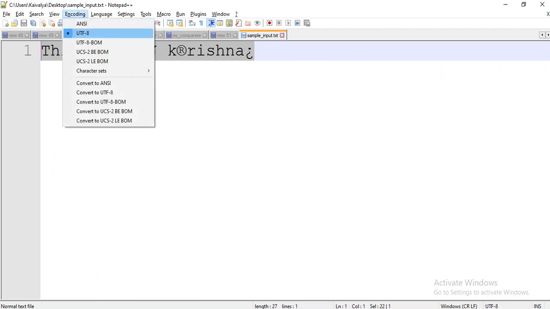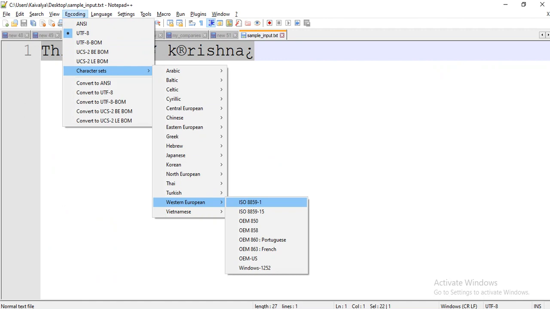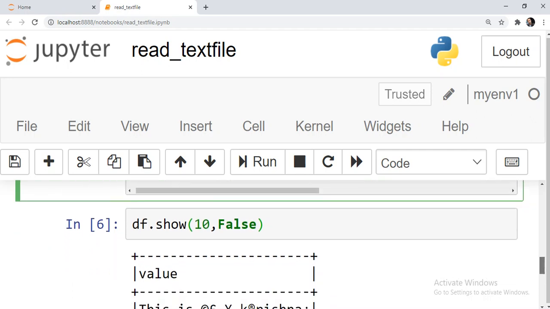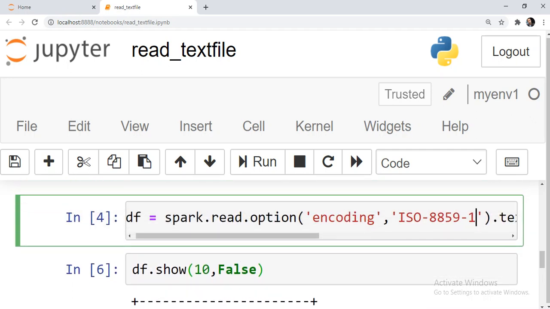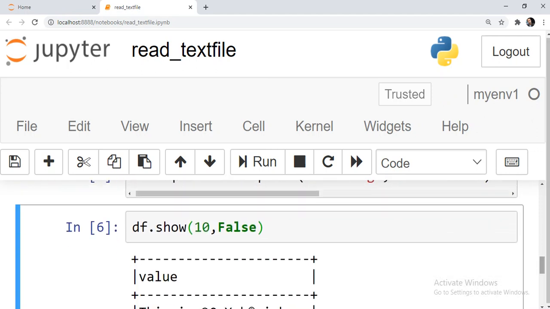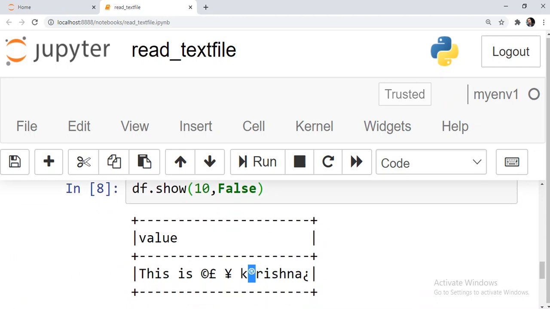If you look inside char sets, you will see Western European encoding. This contains a range of characters which are not part of the normal English letters. So if I provide it, and if my input data also has such characters, it should convert them based on the encoding I have provided. But spark.read.text doesn't do that. It will not change anything of whatever characters I have written other than the lower ASCIIs.